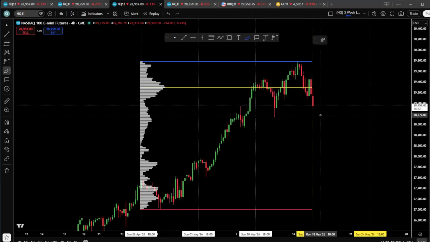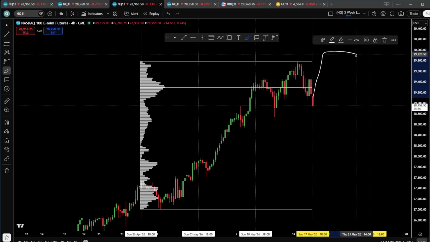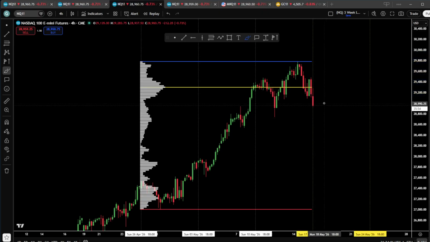And what the profile of this curve is showing us is that price inside of this range traded the most amount of contracts in premium, not in discount, and has not continued to expand higher from the open. In fact, it is currently displacing lower on the lower time frames. So we can see that there are signs of rejections here, and in fact, price left a lot of bearish PDRs inside of this range, such as a bearish order block. We have many order blocks inside of the range, breakaway fair